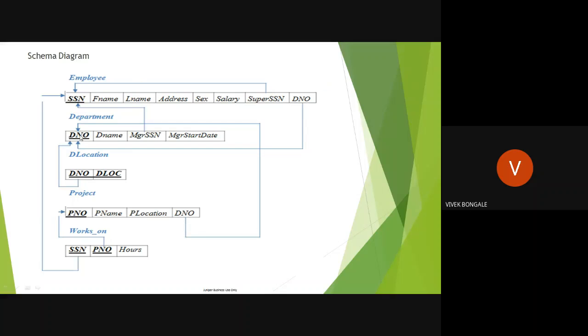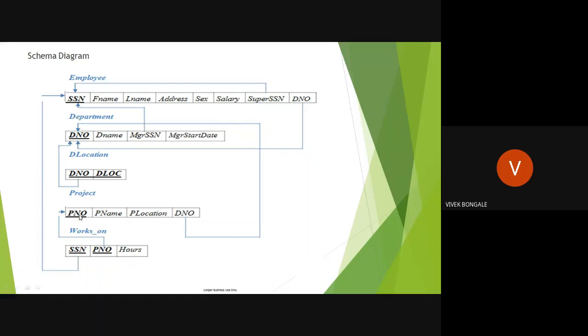If he is controlling department number 5, then all department 5 project numbers are going to be taken. Here we have to compare three things: department number and department number, SSN and SSN. Once this condition is true, then I can easily find out the project number from the project table.